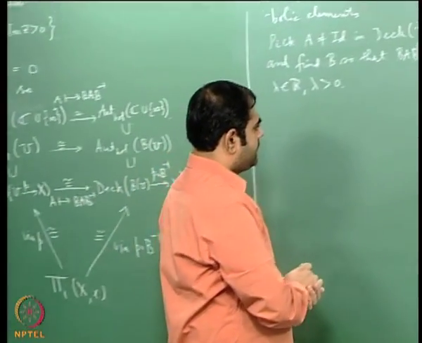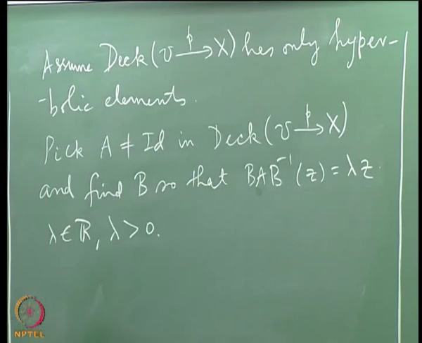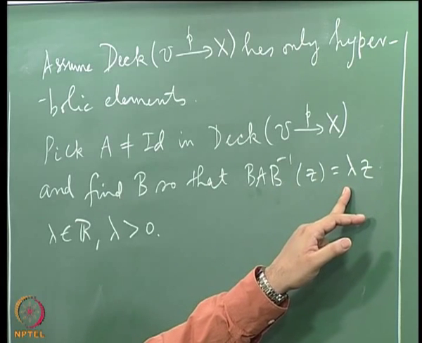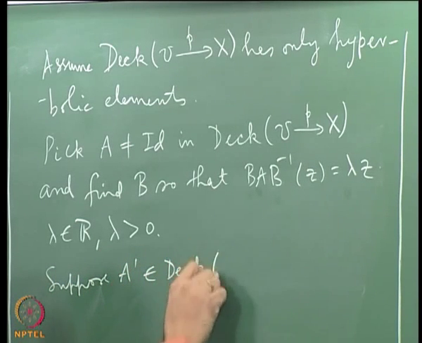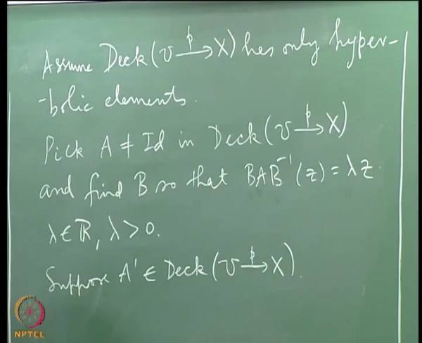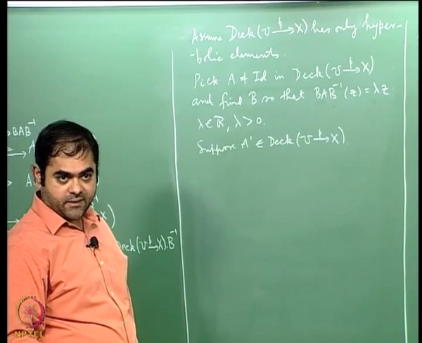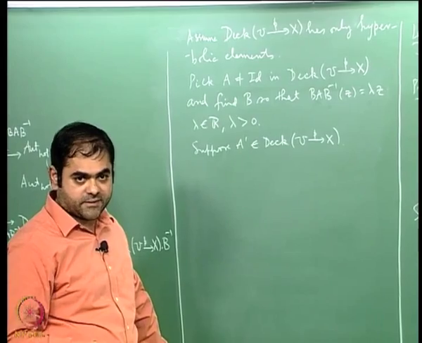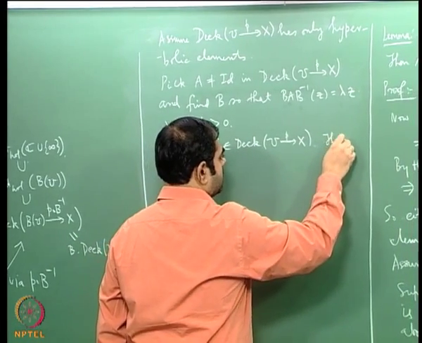Now I want to say that if you take any A prime, because every other A prime here commutes with A, if you conjugate every other A prime with the same B, it is still going to be of the same form, that is what I want to say, okay. So suppose A prime is another deck transformation. Mind you, if A already has fixed points 0 and infinity, then you can take B to be identity, okay. You do not have to really look for a B different from the identity, right. So suppose A prime is another deck transformation in this group, then again you see